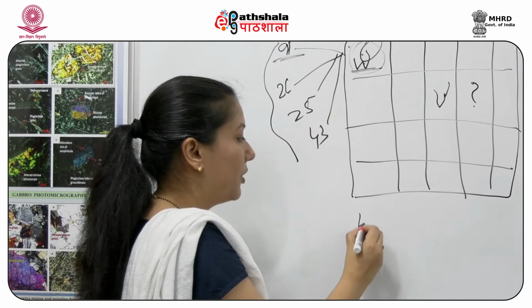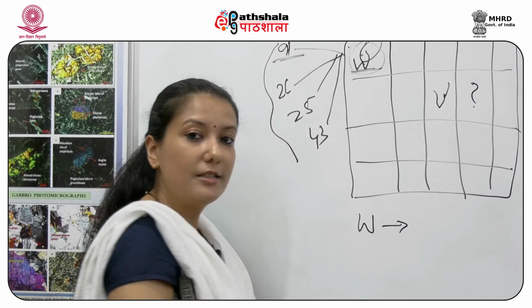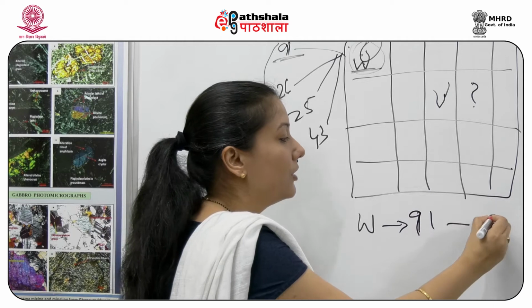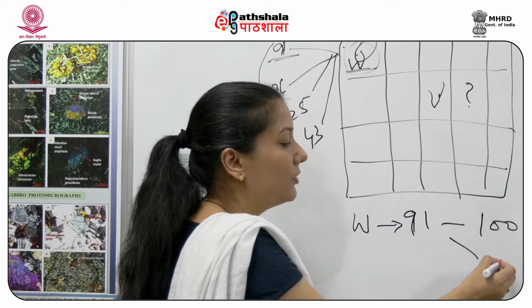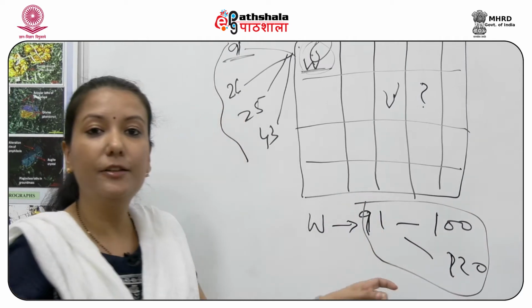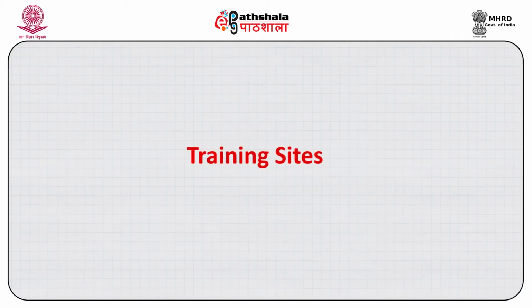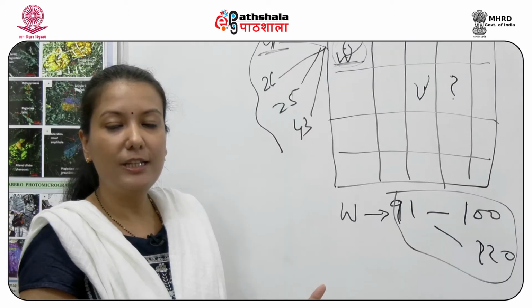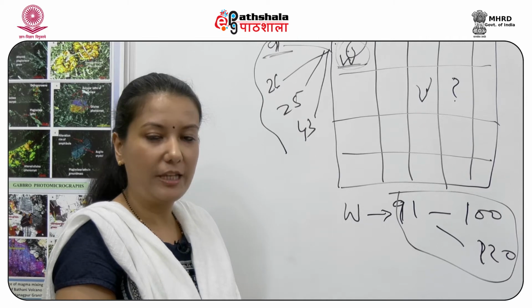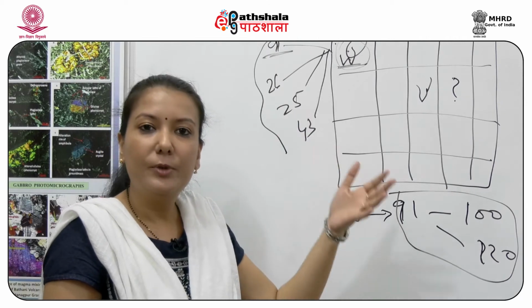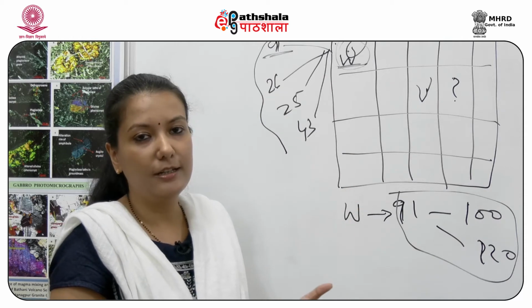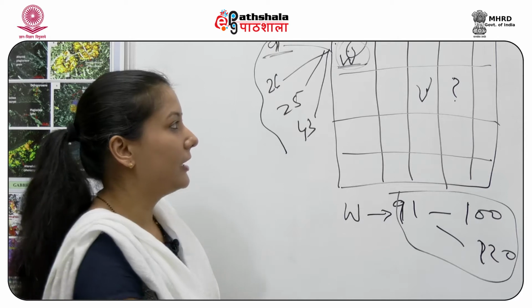So if we are talking about water, the reflectance or the digital number might vary between maybe 91 to 100, or it could even go to 120. So whatever the range, we need to identify that range in the training site. Now how do we do that? We go to a field site, we have the GPS values for that location, and we come back, we see in each band where we are getting those reflectances or digital numbers, and we can easily make a histogram.